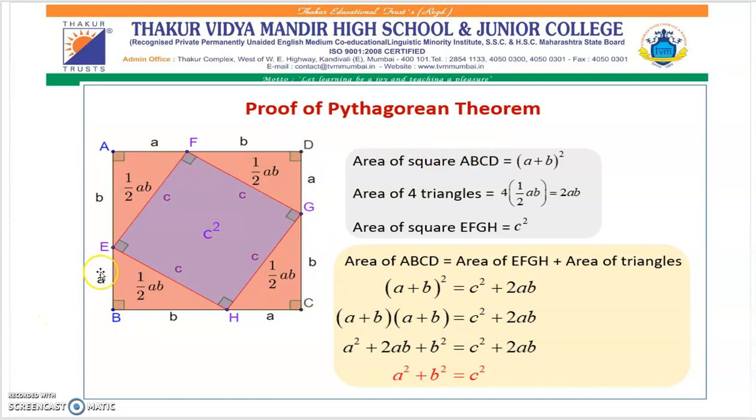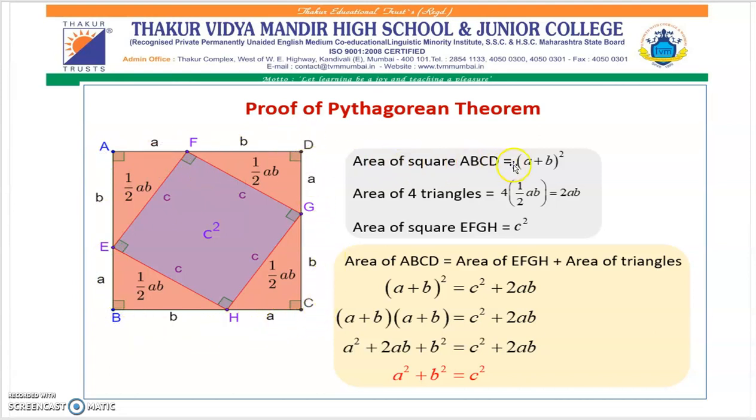You know that this is a square. Inside also one more square is there. It divided this bigger square into 4 right angle triangles. See, the length of the side AB is given A plus B. Length of the side DC will be equal to A plus B. BC will be equal to what? A plus B. AD will be equal to what? A plus B. Here we are going to first find the area of square ABCD.